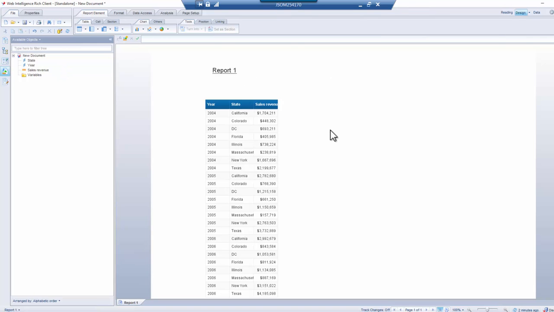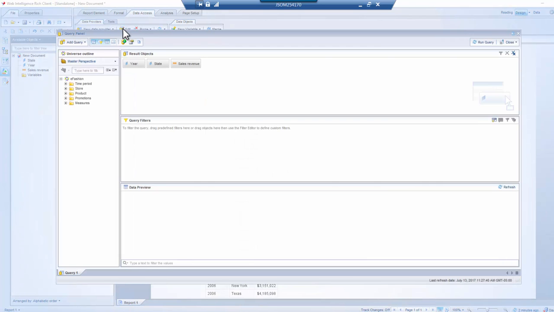How do I go back to the query and add something else to the query? If at any time you want to go back to the query and add anything else, up here in the tabs there's a data access tab. Go to the data access tab and then say edit. So now we are back to the query. I can add anything else that I want to. So let's say I'm going to add category to